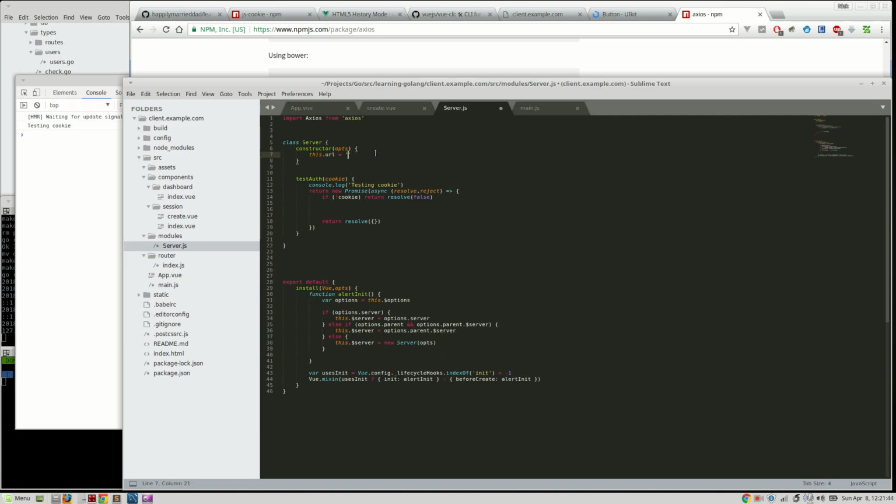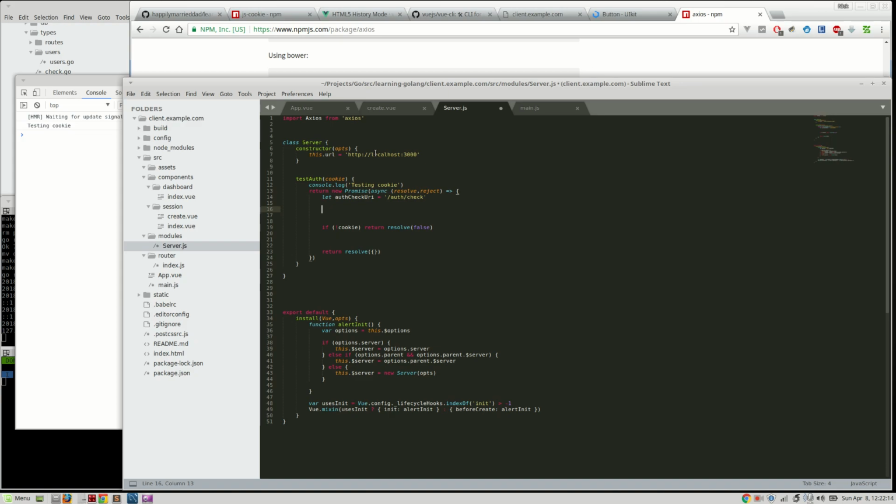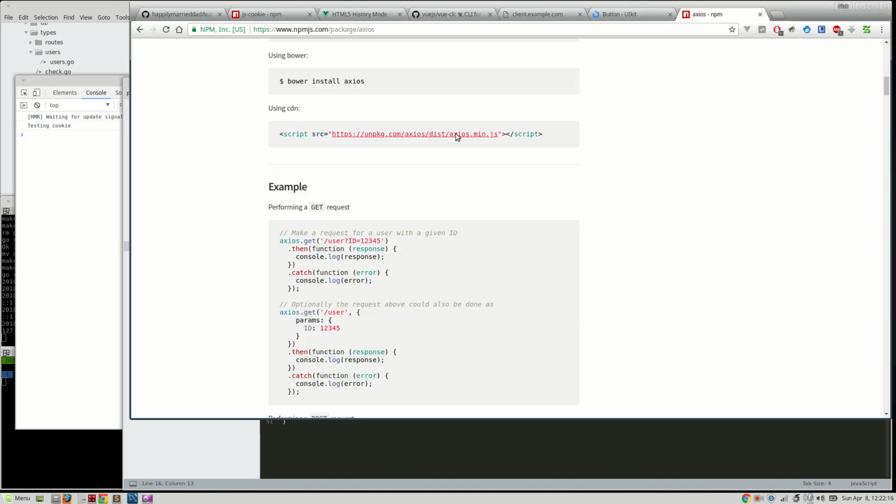The URL is going to be equal to http localhost port 3000, and then for the test, let auth check URI equal to /auth check, like so. And we're going to say axios here,